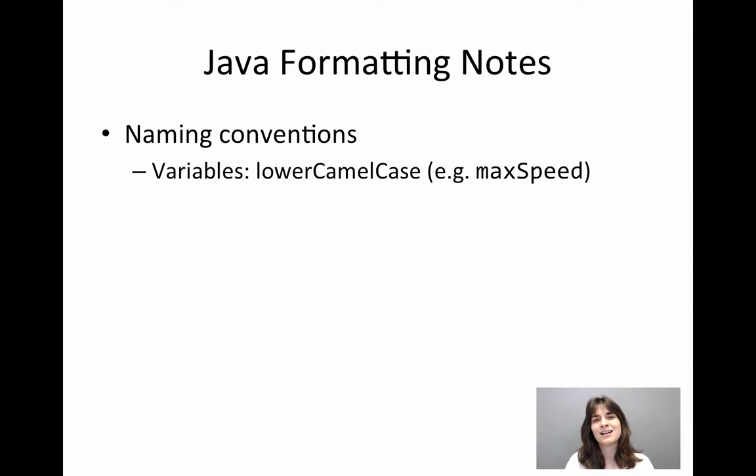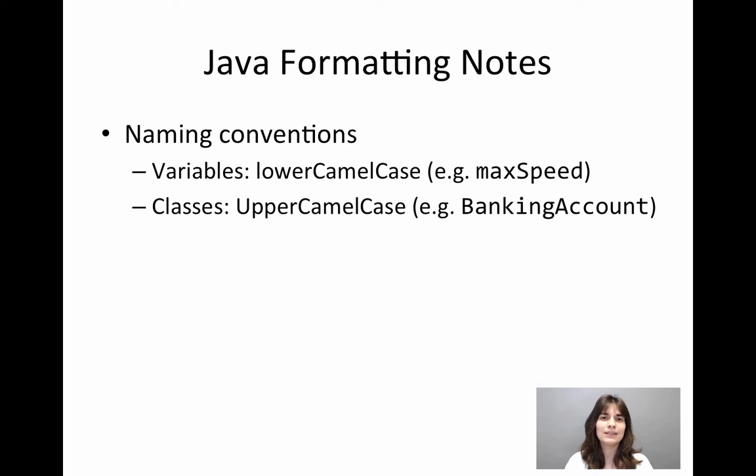For instance, suppose we are writing a class named car and we declare inside that class a variable called max speed. The name max speed should appear as you see it on your screen. It should all be one word, no spaces in between, and the only capital letter should be the letter S for speed. On the other hand, if we want to declare a class, if we are writing a class, the